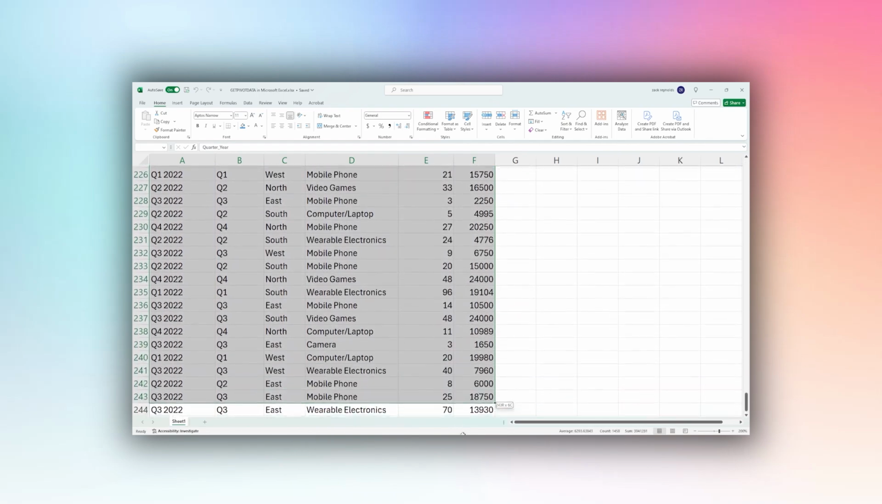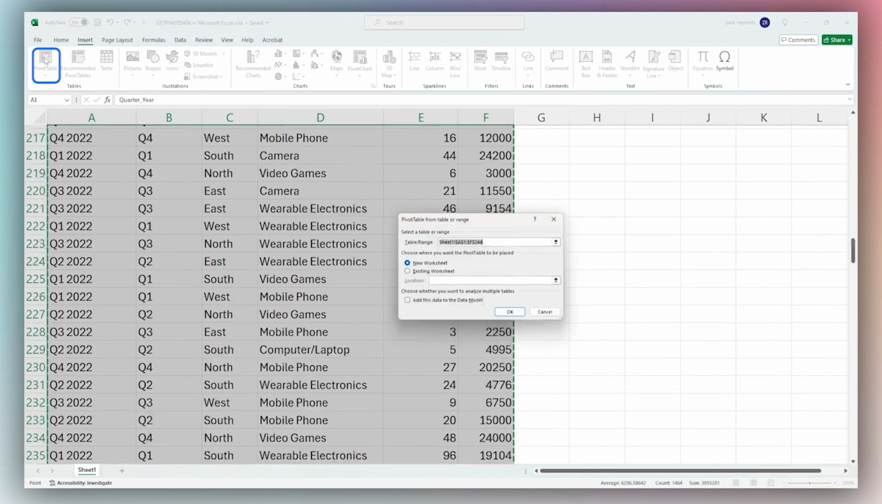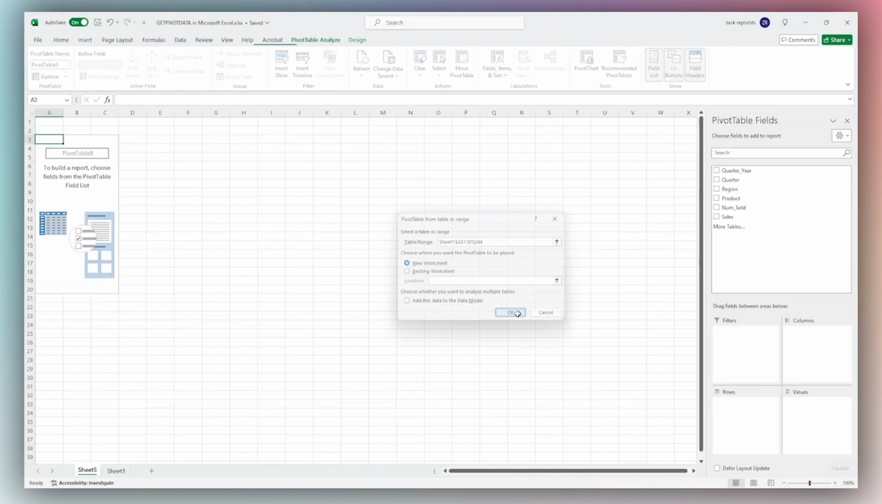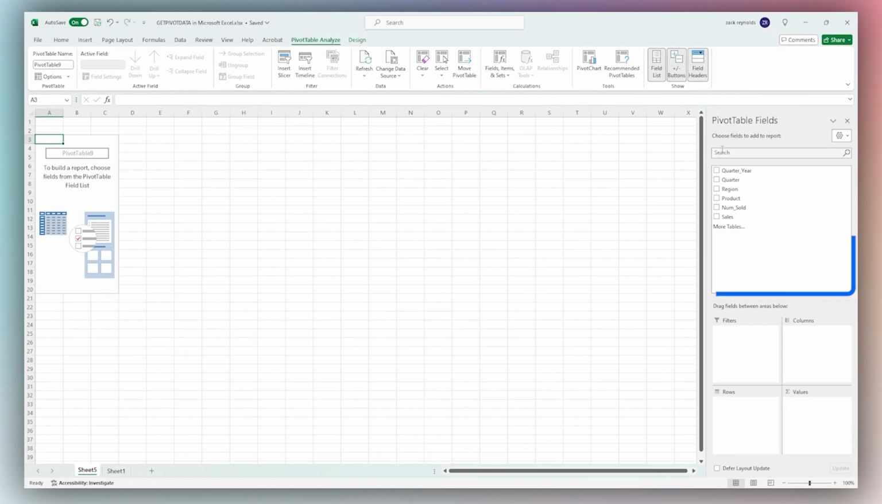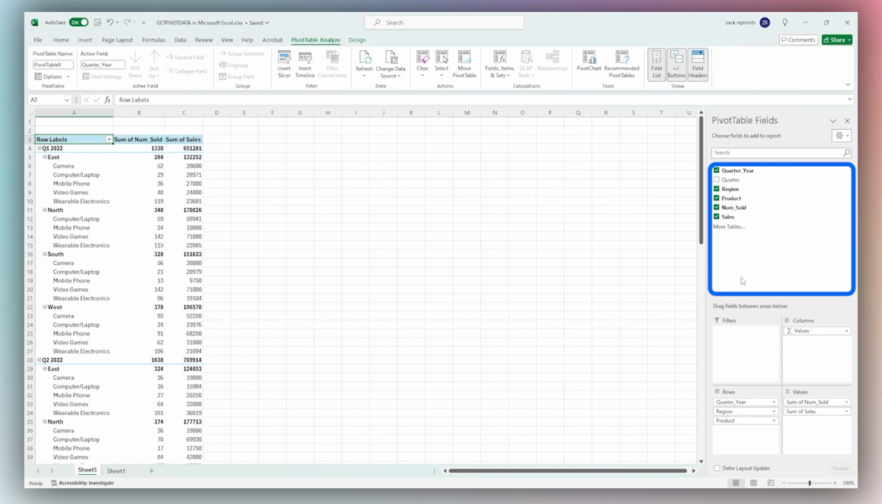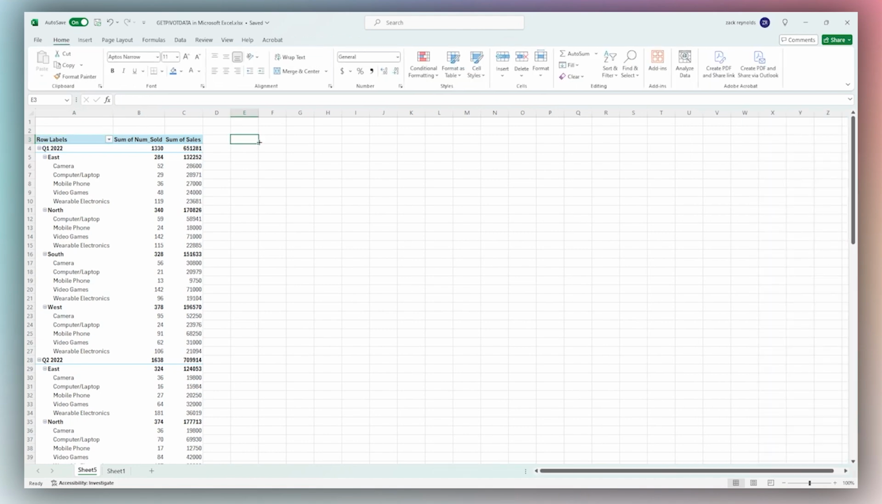So we select our data, then we go to the Insert tab and click on Pivot Table. We're going to go ahead and do this in a new worksheet, and then select the fields that we want to use. And so again, these are what we're going to refer to inside our pivot table function. So we're going to leave it like this for the moment, and we're going to show the basics of this